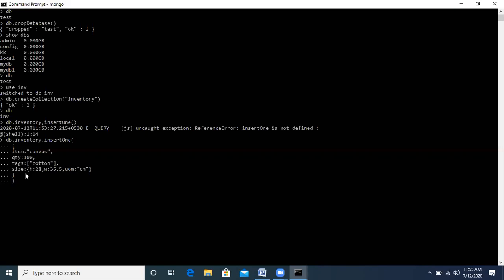And what about size? Can anyone write in the chat box what is happening over here? We have used size, height, width, and units of measurement. If anyone can answer, then I will be quite happy.